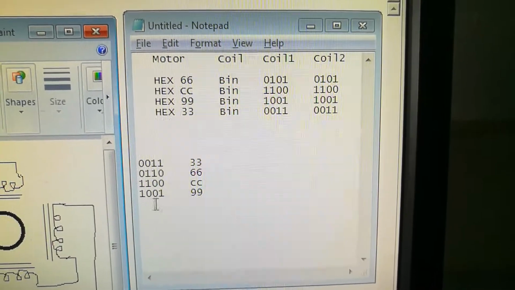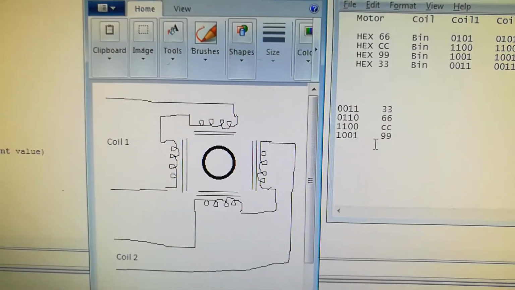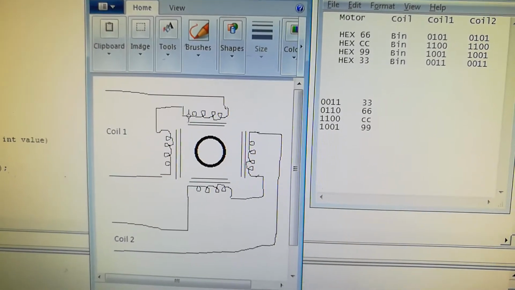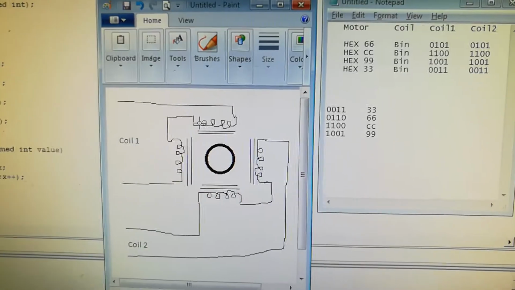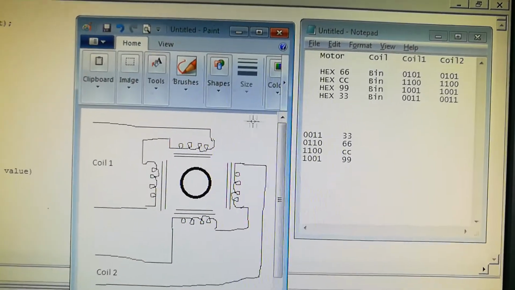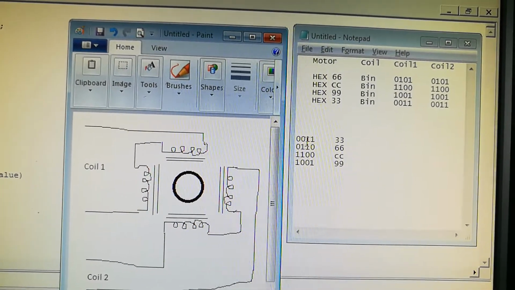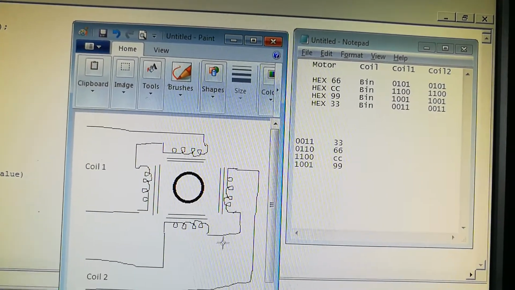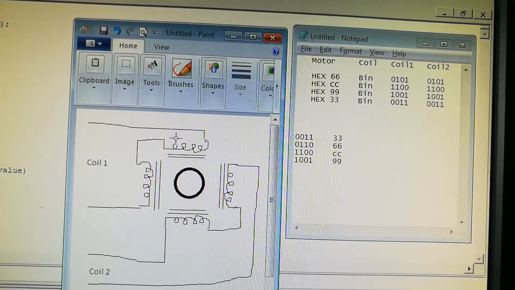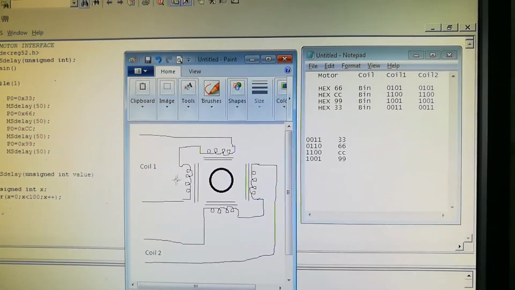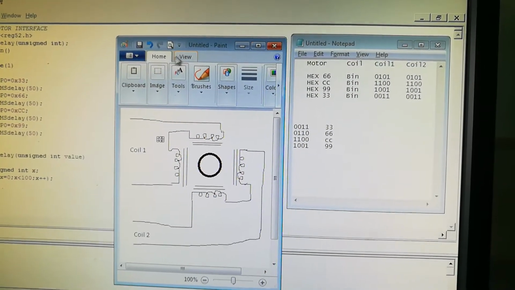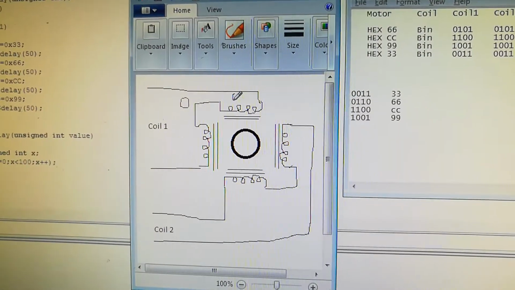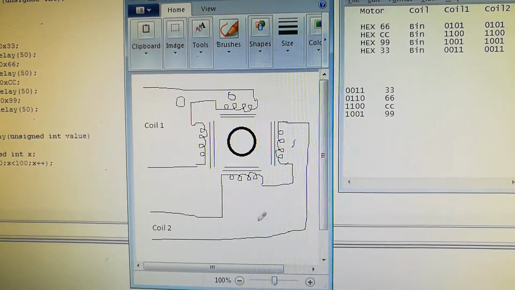The reason we are given like this, I'll explain here in the circuit. First I need to energize 2 coils. So 2 coils should be on. The values here we have taken as 0011. So 0011 means coil 1 will be 00 and coil 2 will be 11. Simple concept here. Let me write that once. So here you can see 0, next will be 0, next will be 1 and 1.